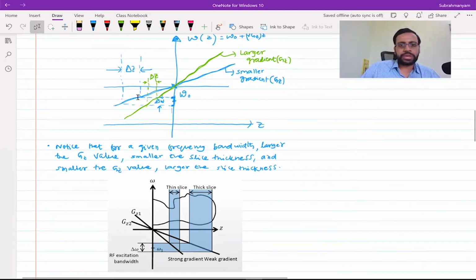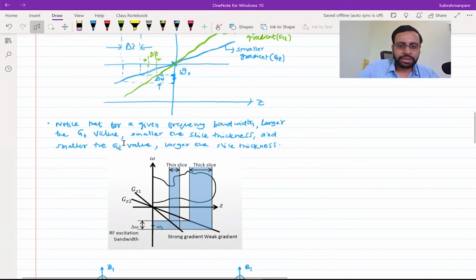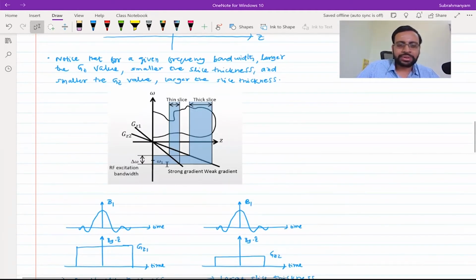You could see here that as you are increasing the gradient field, the thickness would decrease. That means you would get it more precisely for that particular region, that volume. If you take the xy constant volume, you will get it with more resolution in the Z. That's what would happen. Similar thing is again